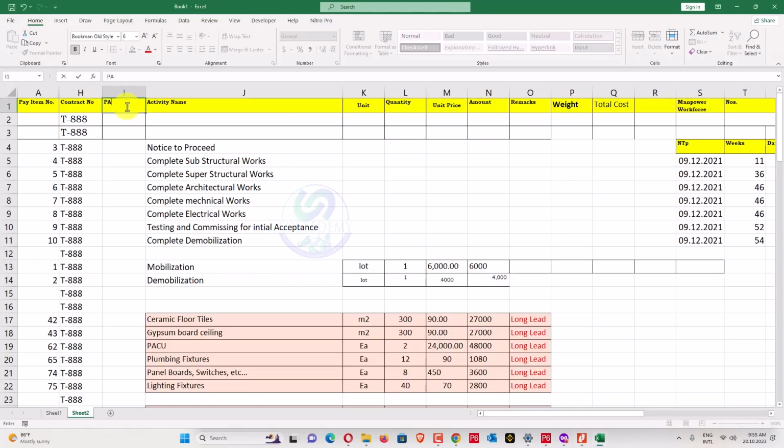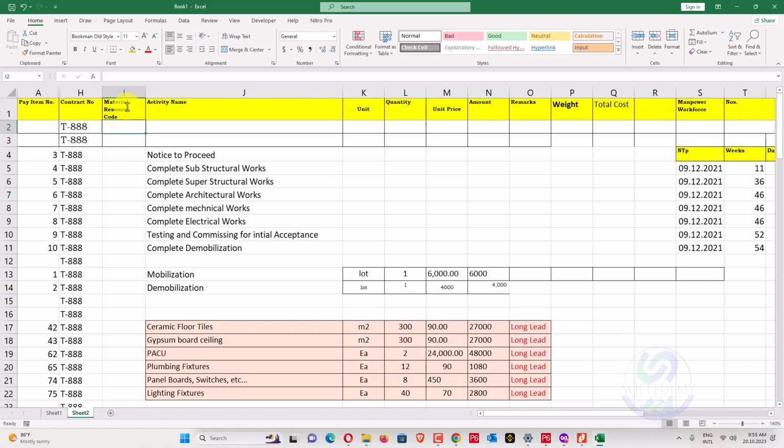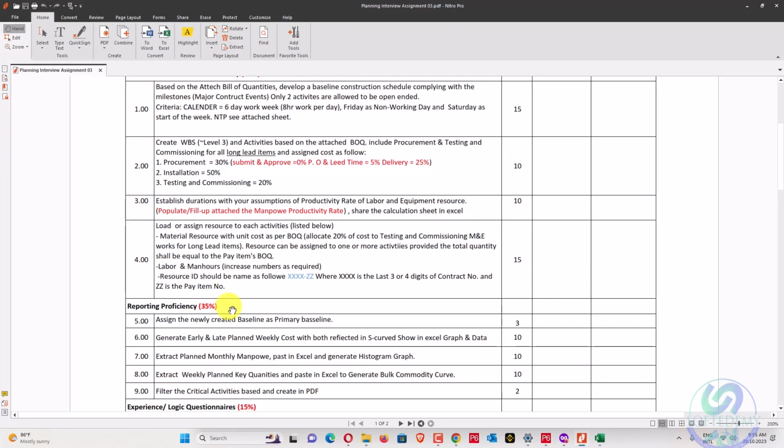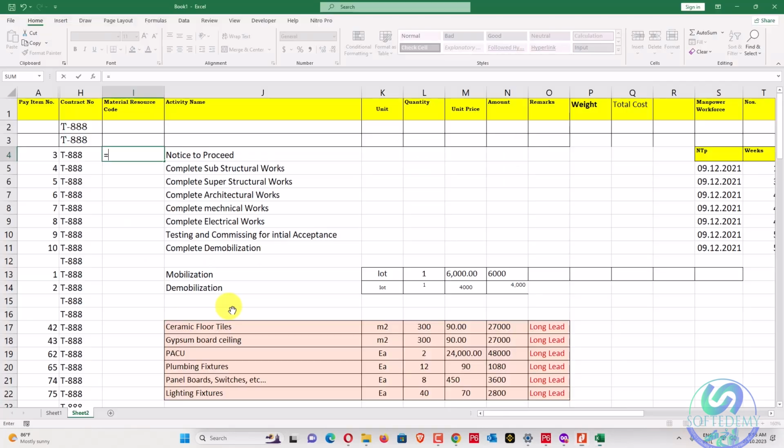Okay, these are material resource code. Now we have to add here is equal to this one, concatenate this one, and this one pay item number.